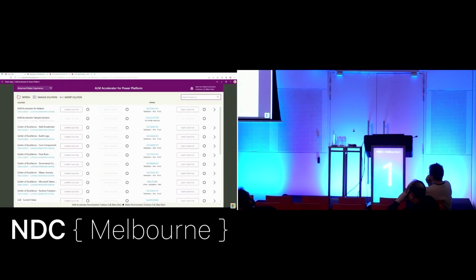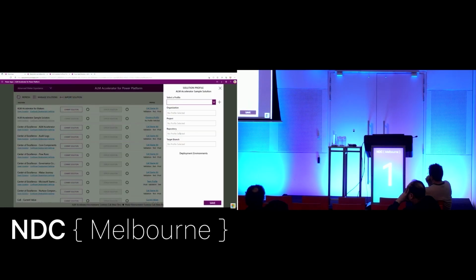Once your environment has been opened, you will get a list of all the unmanaged solutions that exist within this environment that you can work with. The first thing you want to do is assign a profile to the solution that you want to be working on. Do realize in this list there are solutions that have a solution profile already assigned to them, which allows you to use all the functionality of the accelerator, although some of them don't. So let's go ahead and choose a profile for this solution.